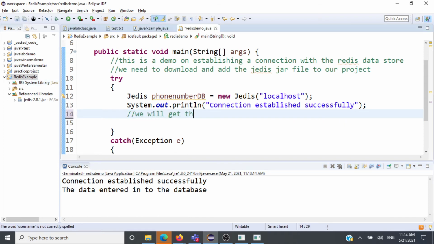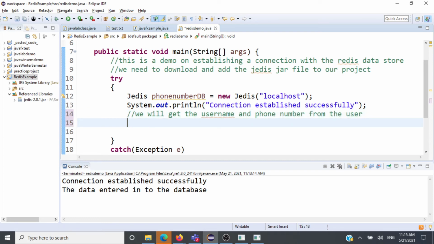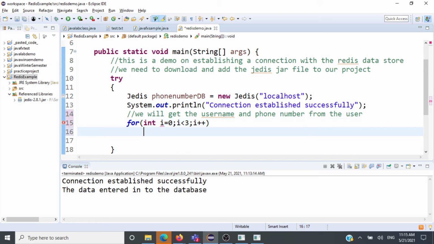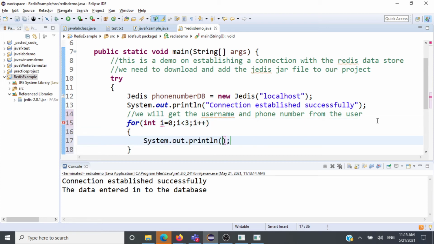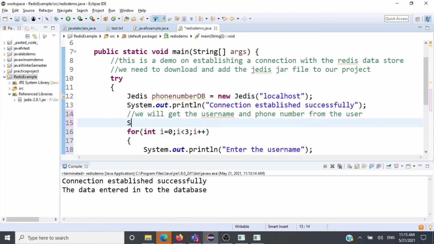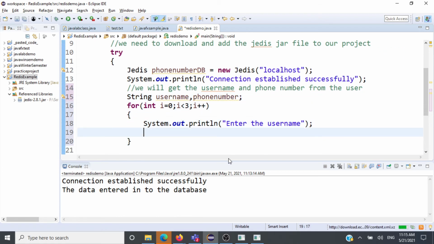So we will get the username and phone number from the user. Okay, so what we'll do now is we'll get the username and phone numbers for 3 users, and then we'll move the data to the database. So we'll run a for loop here for int i is equal to 0, i less than 3, i plus plus, and inside this we'll ask the users to enter the username, and we'll get the username and phone number in a string. So we'll say string username comma phoneNumber,